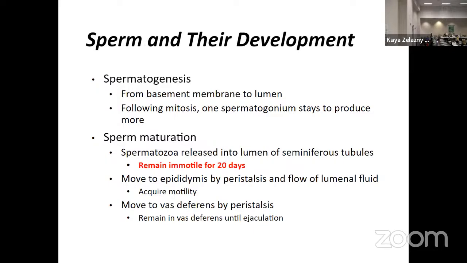So think immobile, they can't swim yet. They have some of those structures, they're differentiated a little bit, but they're not ready to do their job, basically. So they're going to hang around for about 20 days before they develop enough to gain that ability